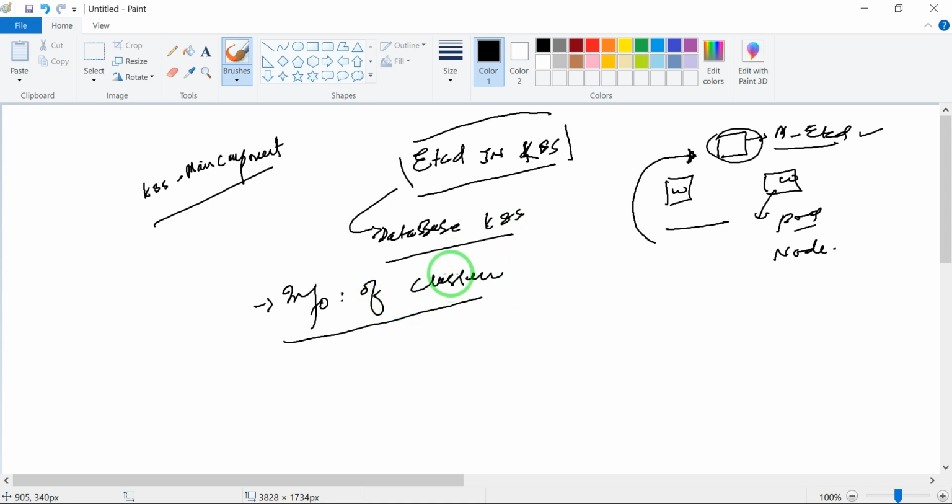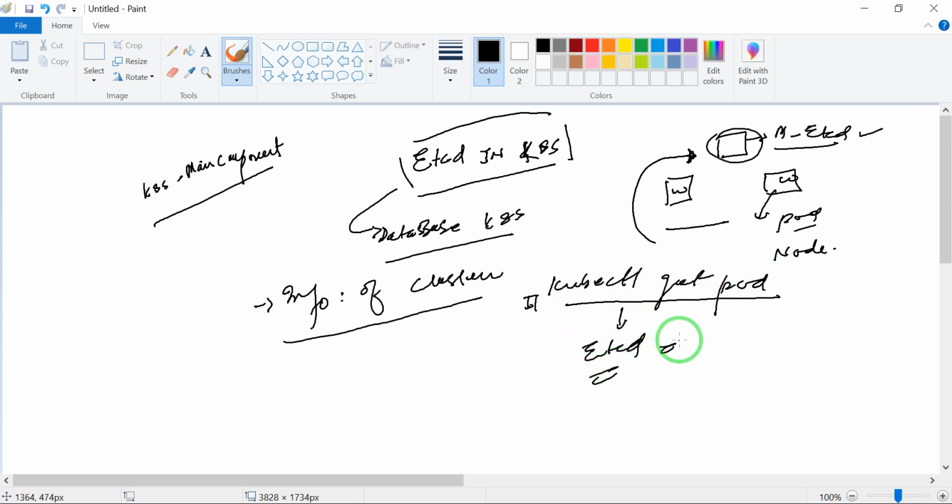One more thing about etcd: whenever you run a command like kubectl get pods or kubectl get nodes, all of that comes from etcd's database, the etcd server. You can call it a server or database, it's actually a pod. I will talk about this later.